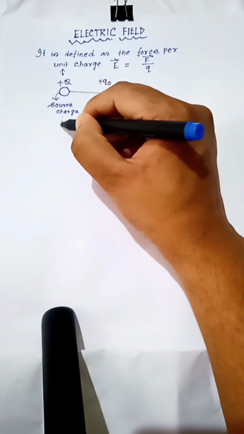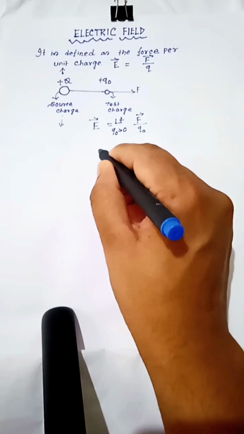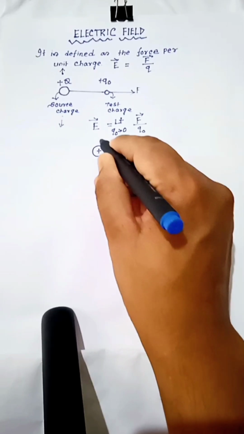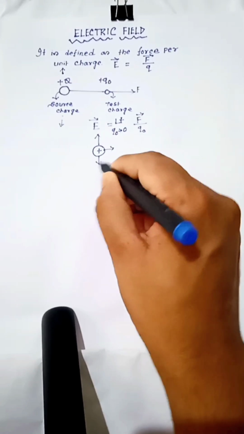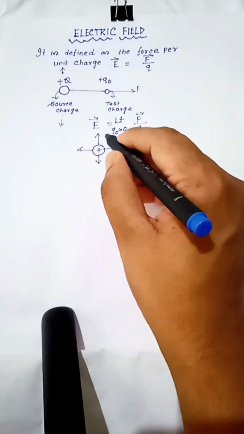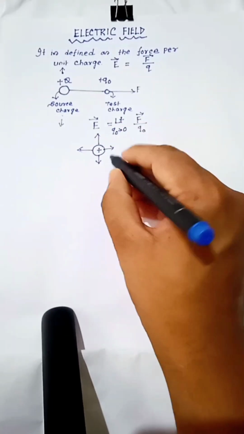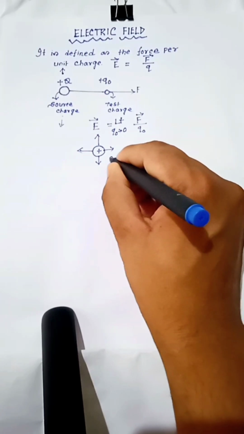Here the force is also along this direction. That means the force due to this plus Q charge is always in the outward direction. And it is proved that this is uniform, and that's why we can say that the electric field direction